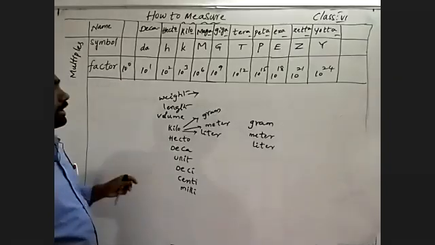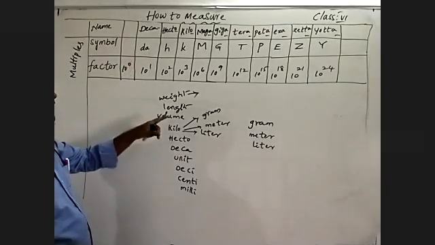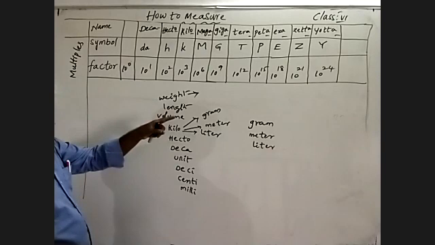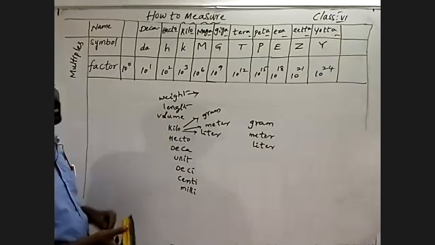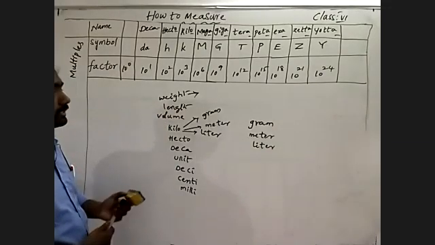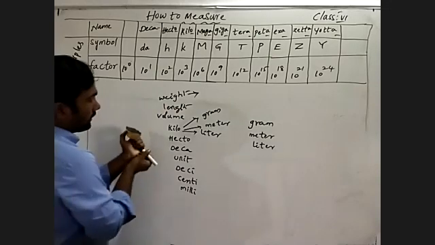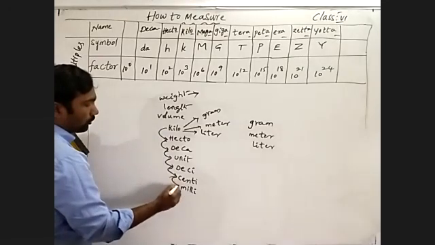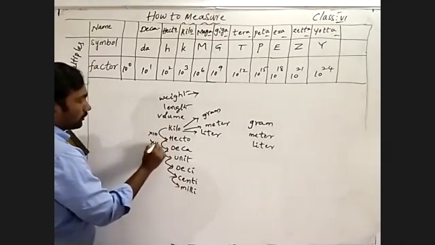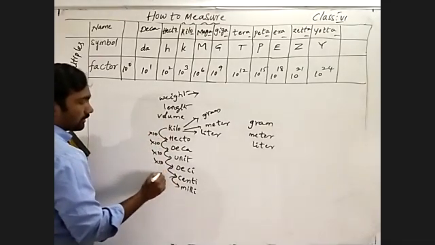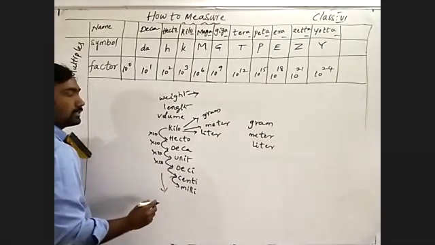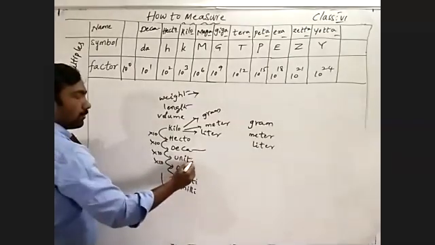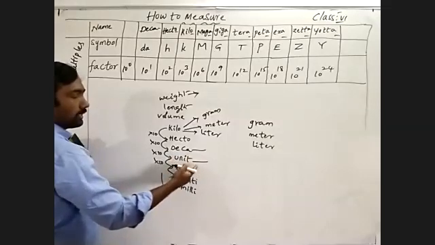Those are the factors. 1 decagram is equal to how many grams? 10 grams. Is it or not? See, once you have written by this combination, these are multiples for those, which we already learned how to write. So into 10, into 10, into 10, written like that. So decagram and gram: 1 decagram is equal to 10 grams.